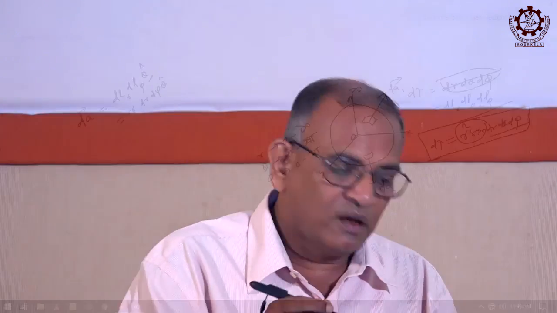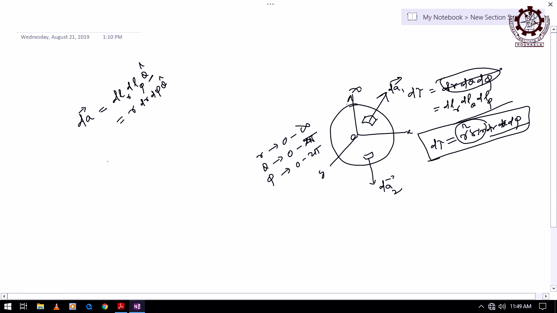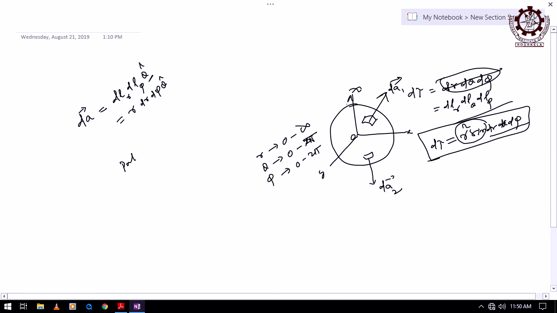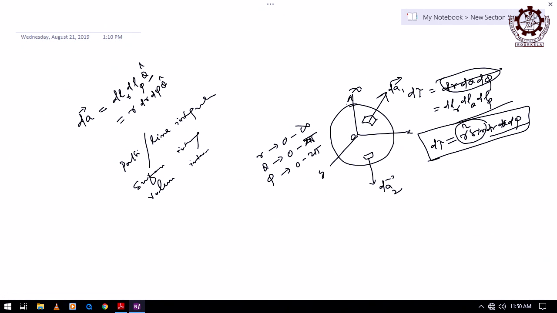Regarding integration also, I told you how many types of integrations you know, because sometimes it is required to go for surface integration, sometimes volume integration, sometimes path integration, depending on the situation, right. So accordingly there are three kinds of integrations. One is called path or line integration, that is over a path, right. Then next is surface integration, then the volume integration. These three varieties of integrations you will come across in solving physics problems, right.